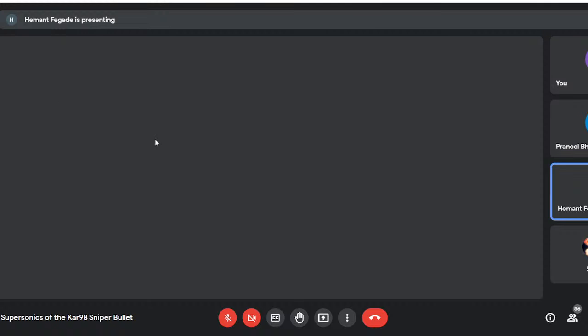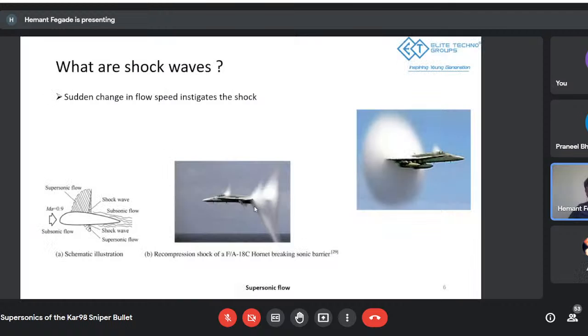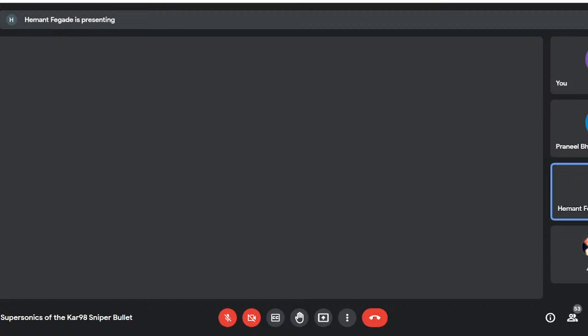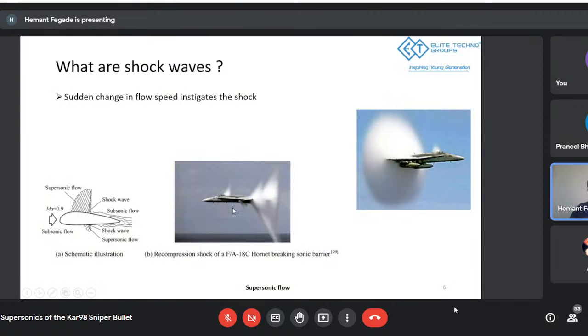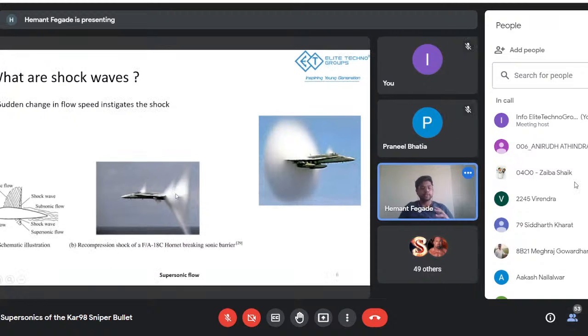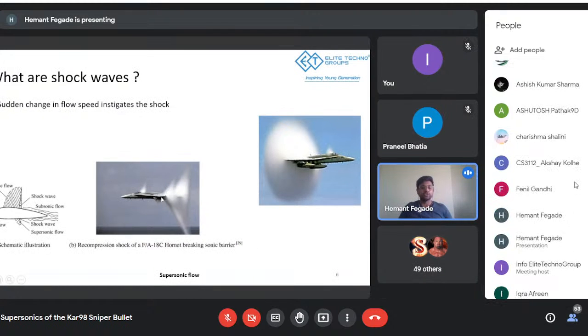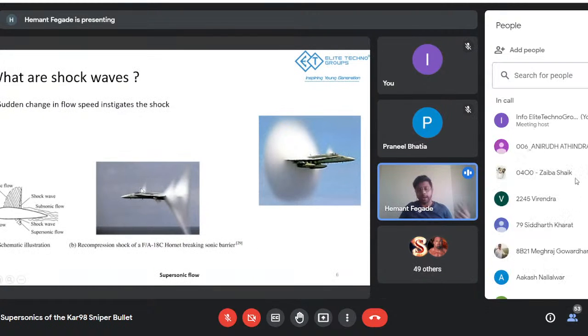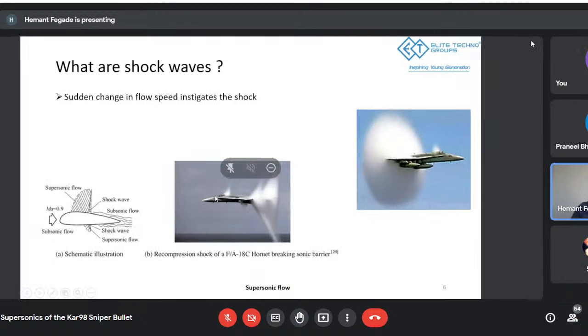But according to physics, this is how it would look in a flow regime. This is not a sound wave barrier. This is just due to the higher pressure and temperature of the air that is moving past this object,